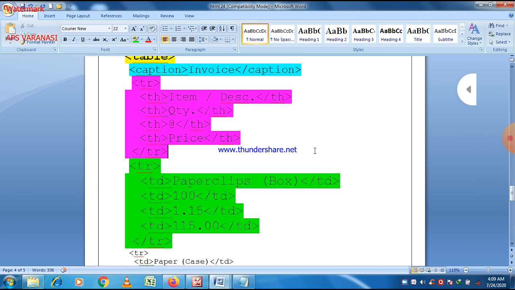So within the table tag there is a caption tag, and one row of table headings. The data corresponding to that is also given here, with maybe different types of data, maybe a string, maybe a number, or maybe a float value.